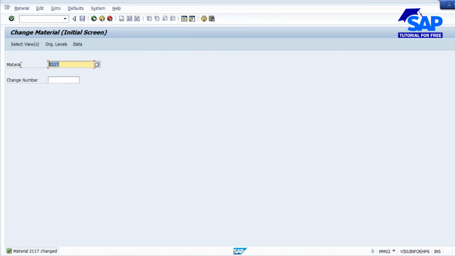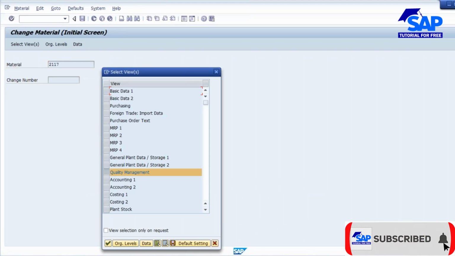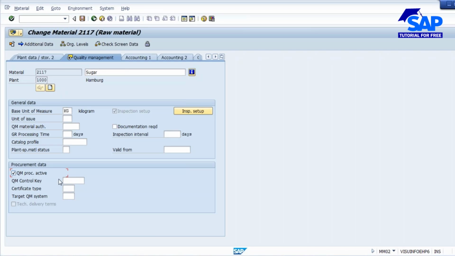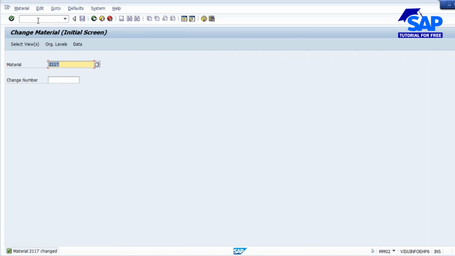Now go to quality info record QI02, enter. We deleted a procurement, sorry, just give me 1 minute. Control key, let me put it. Certificate type, let's say E21, it's okay, let this be there, save it. Now when you go to the